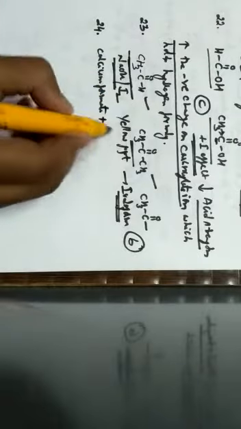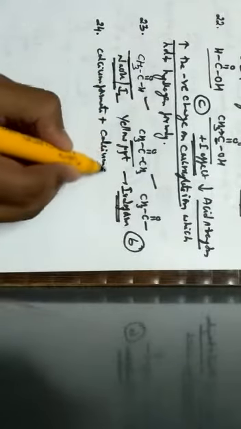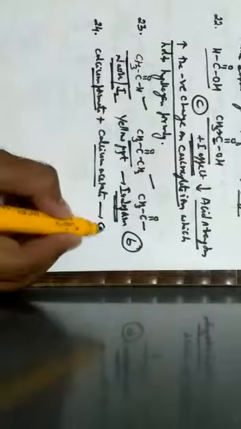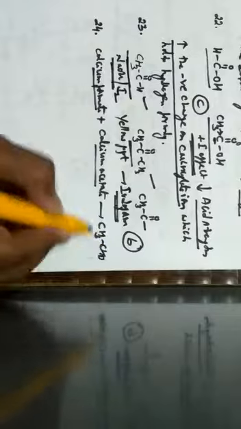Next one, question number 24. Which of the following gives acetaldehyde on dry distillation? So here, acetaldehyde can be obtained by the dry distillation of calcium formate and calcium acetate. Since calcium formate and calcium acetate, when they undergo the reaction, we can get acetaldehyde, that is given by the formula CH3CHO, which can be written by the reaction.